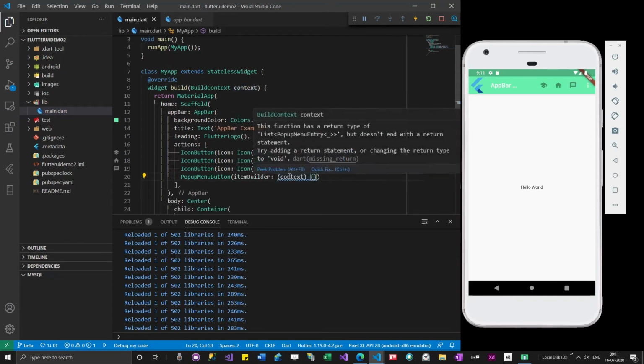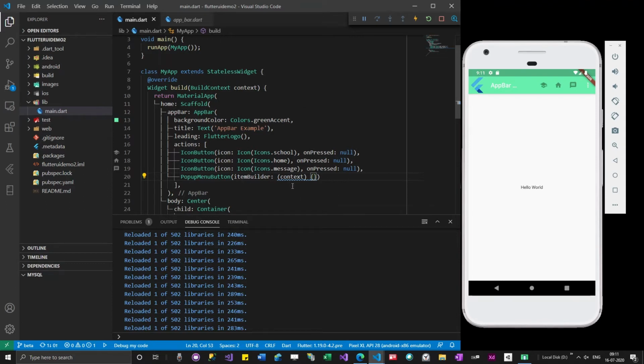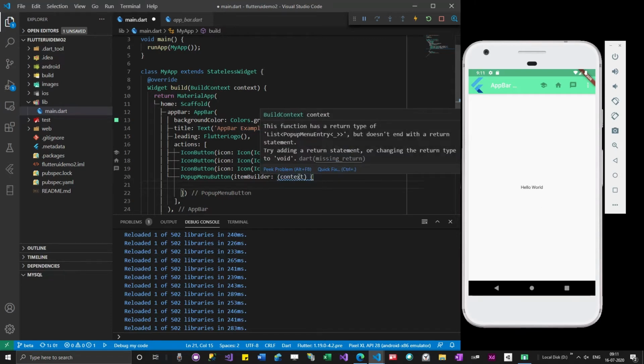from here to here. These things about passing build context are about helping the Flutter framework understand that, okay, I know what the context is. We are actually passing the build context. The whole context of the app will be passed. But in order to understand deeply, I recommend you guys go search and try to learn yourself. So I passed the context, and now the blue squiggly line says to return something.